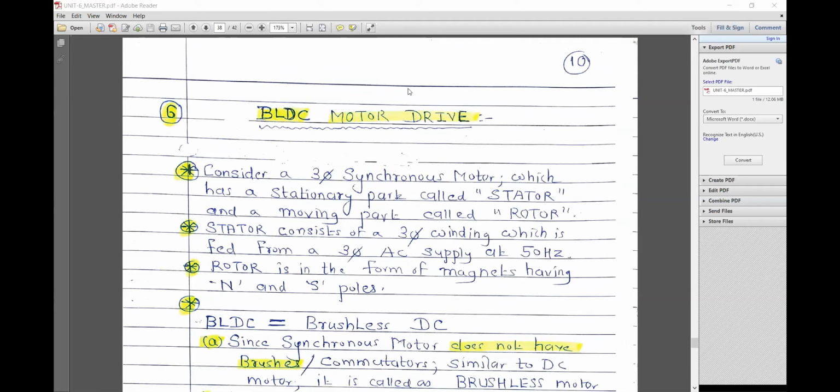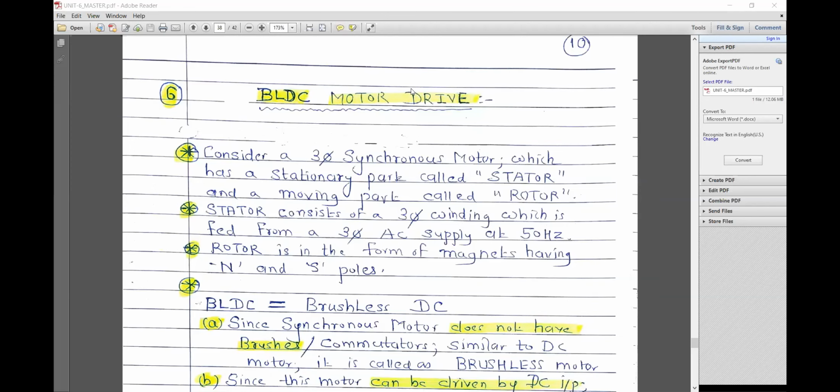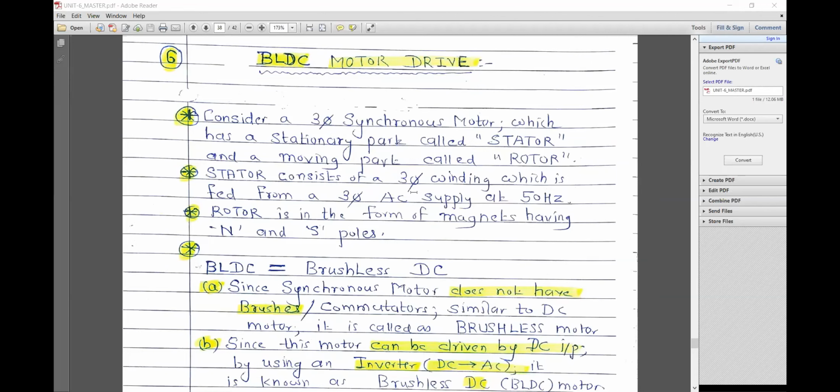So in your second year of engineering, you must have studied the synchronous motor, right? Yes, sir. The synchronous motor is a motor which runs at synchronous speed, and this speed is equal to 120 F by P, where F is the frequency of the stator and P is the number of poles, right? So if we have a 50 Hertz frequency and 4 poles, then the speed becomes 1500 RPM. Okay. Is it audible? Yes, sir.